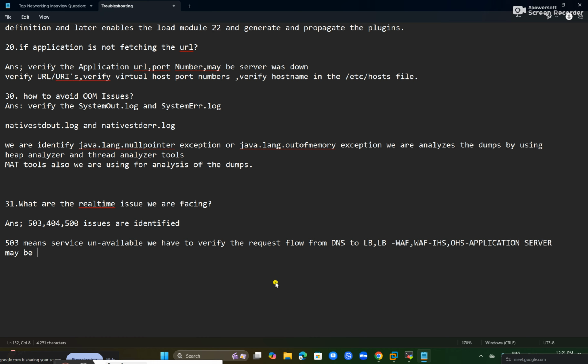Maybe there is packet loss or misconfiguration of port numbers. Okay,